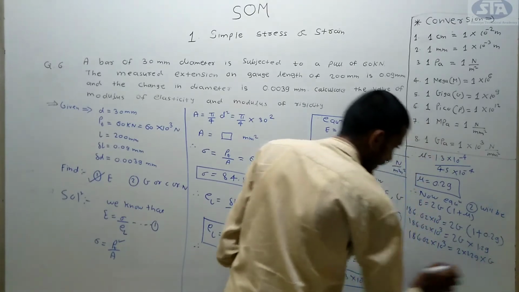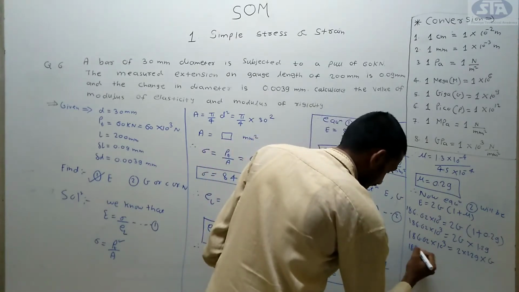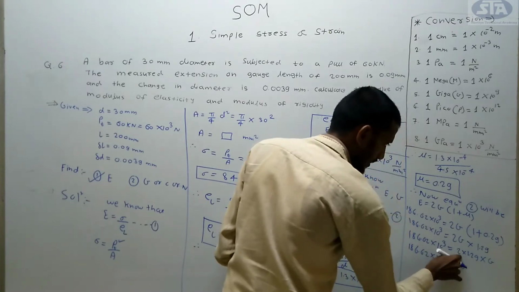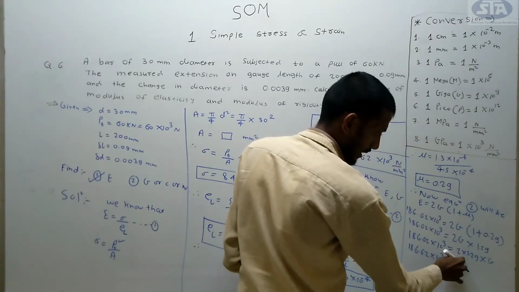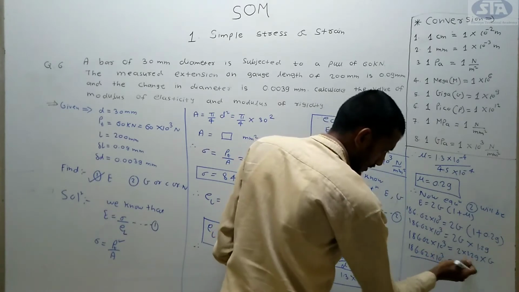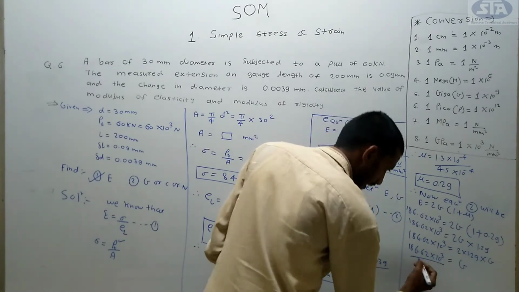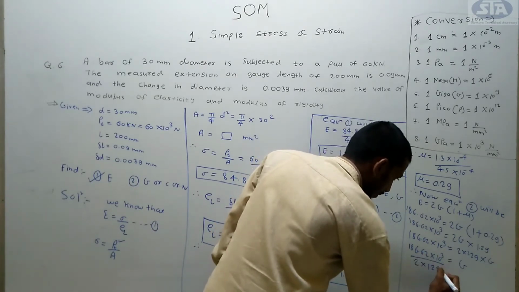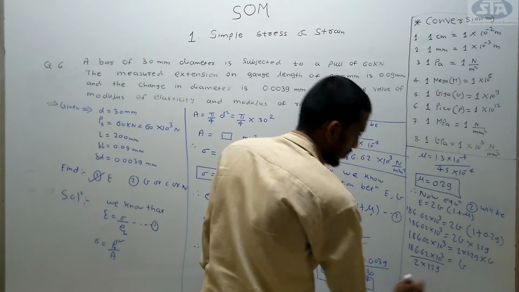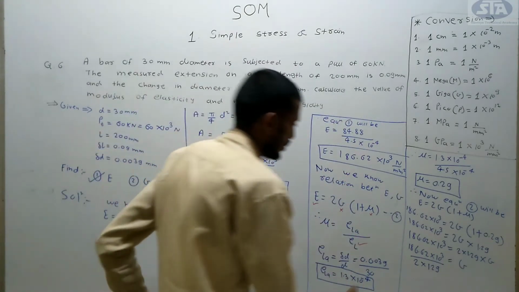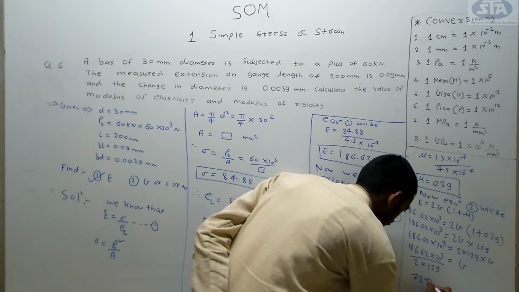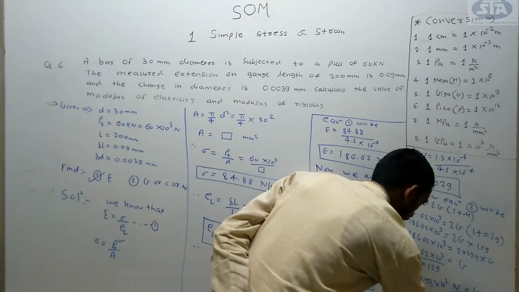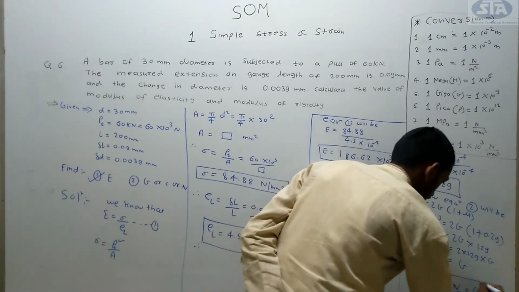I have written G on the right hand side. Okay, now 186.62 into 10 raised to 3 is equal to G. This whole term is in multiplication and it is in the numerator. Hence when we are shifting it from right to left and it is in multiplication, it comes in division: 186.62 divided by 2 into 1.29. Calculate this value, then you will get 72.33 into 10 raised to 3 Newton per mm square, value of capital G. So this is the answer you will get.